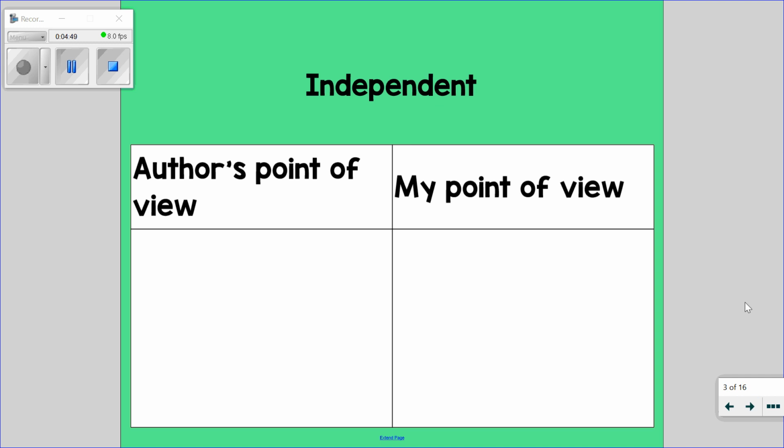So I want you guys to do that for me today, and then upload your work, this page. You can either copy it down into your notebook, or you can take a screenshot of this and type on it however you want to get the information to your teacher. Upload it to Seesaw, email, or just keep it in your notebook and we'll check it when we get back to school.